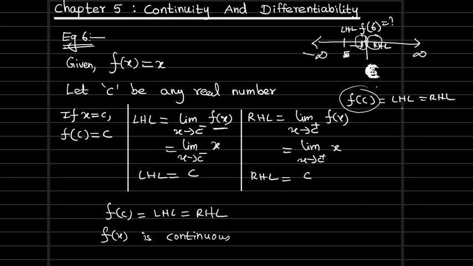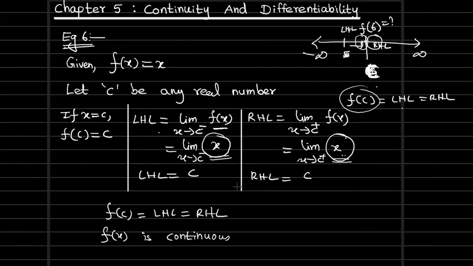And here one thing I wanted to tell you: for the left hand limit of f of x, I substituted the same c, and for the right hand limit also I substituted for the same x. So when for the left hand limit and the right hand limit we are substituting the same function, instead of finding the left hand limit and right hand limit separately, together itself we can find it, like an alternate method. So if you want, you can follow this method. Otherwise, to save time, instead of finding them separately, together itself we can find it.